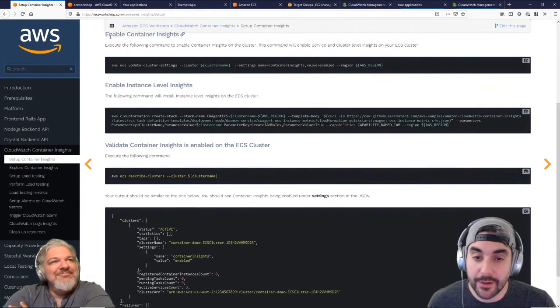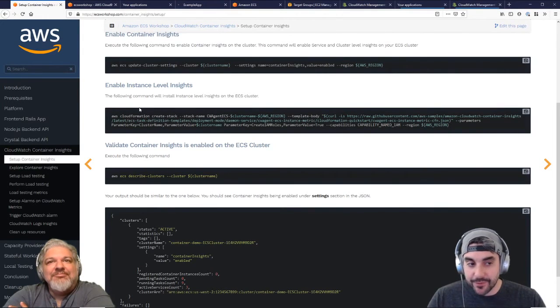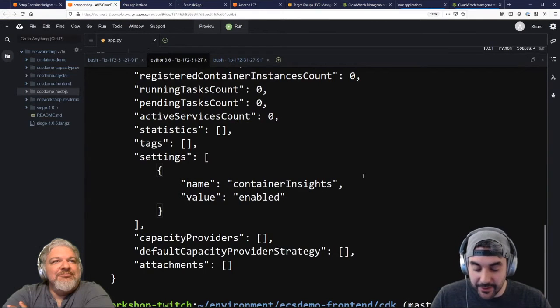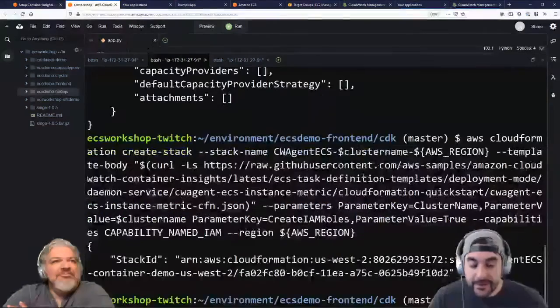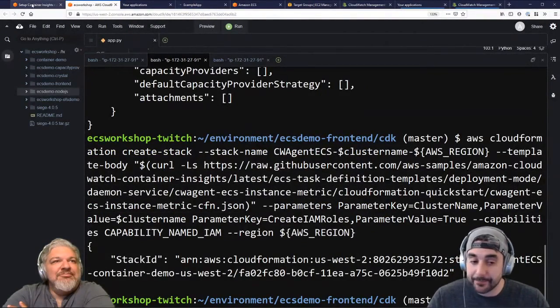So now we're going to move on. One step here is to enable instance level insights. One thing you'll find is we don't have any EC2 instances here, but I'm going to just deploy this anyways. Essentially, this is going to deploy a CloudFormation template